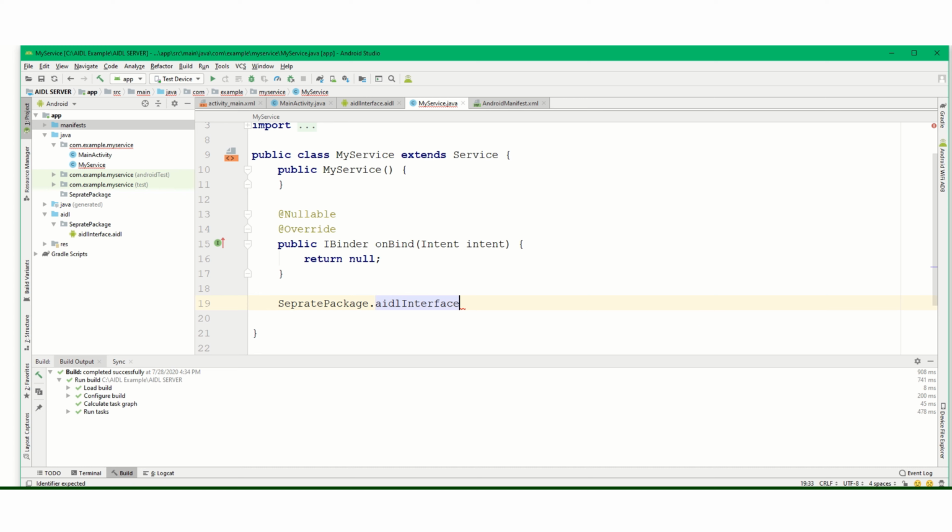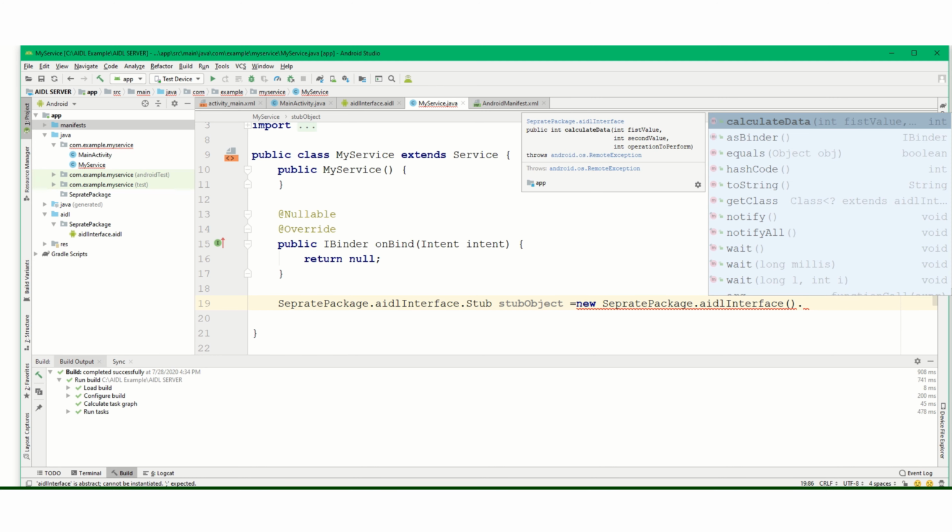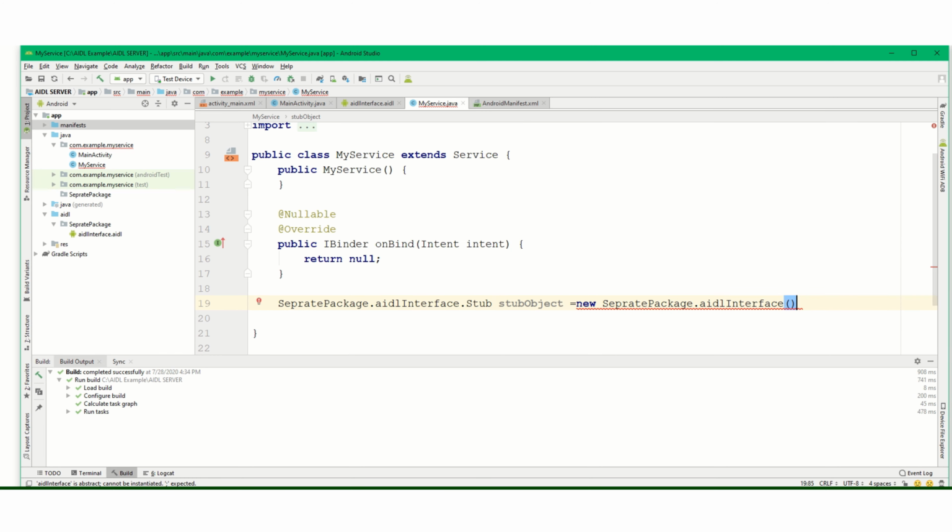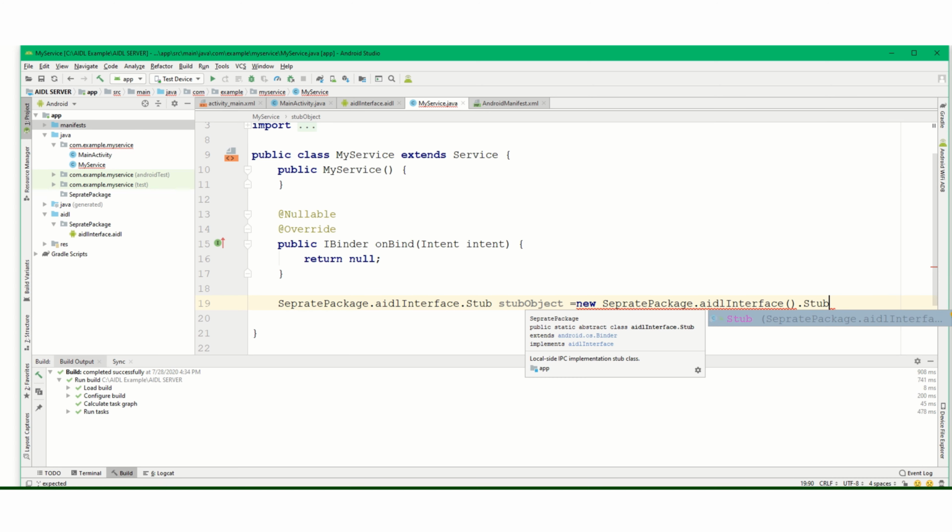Separate package dot AIDL interface dot stub, stub object equals to new package dot AIDL interface dot stub. New AIDL interface dot stub.